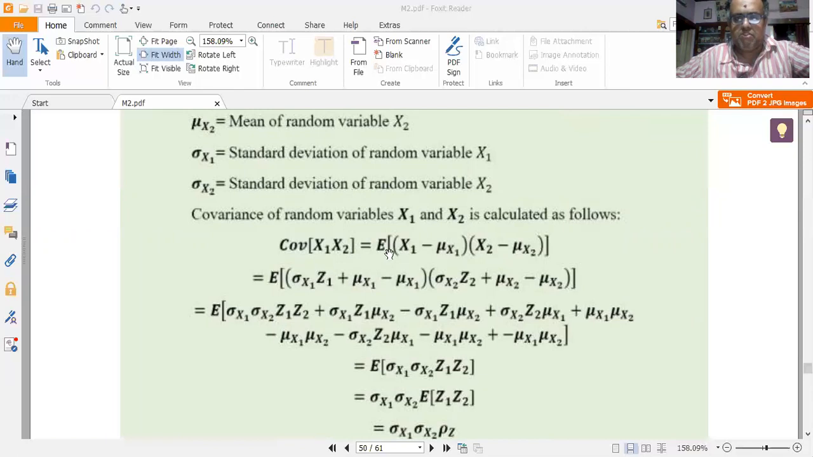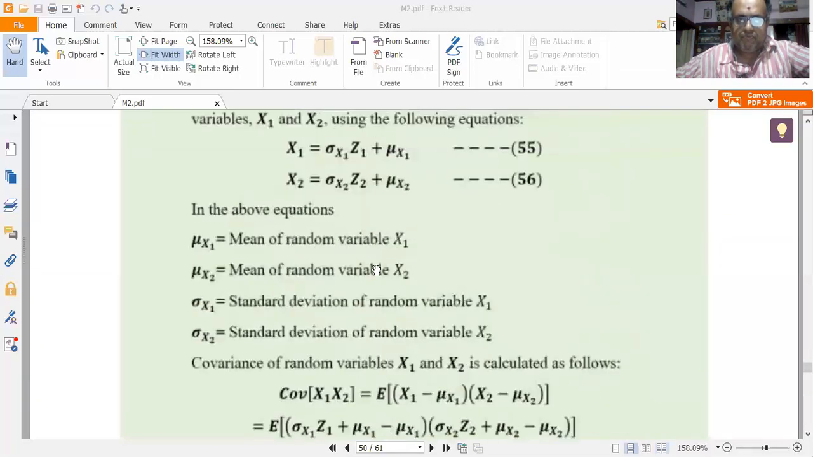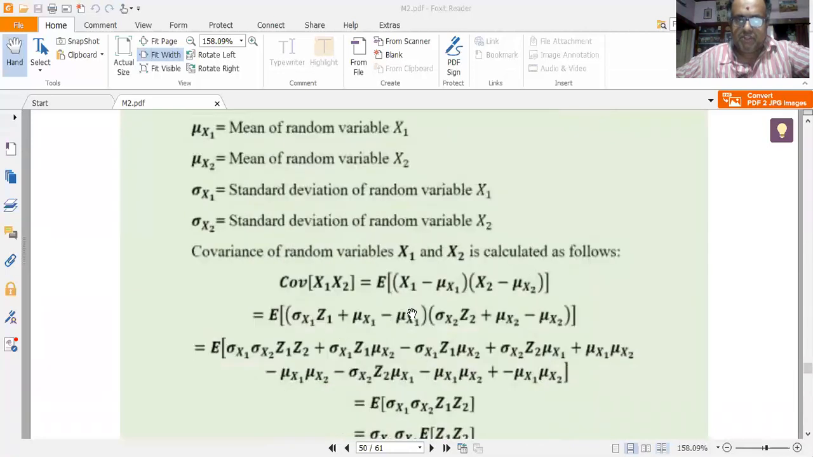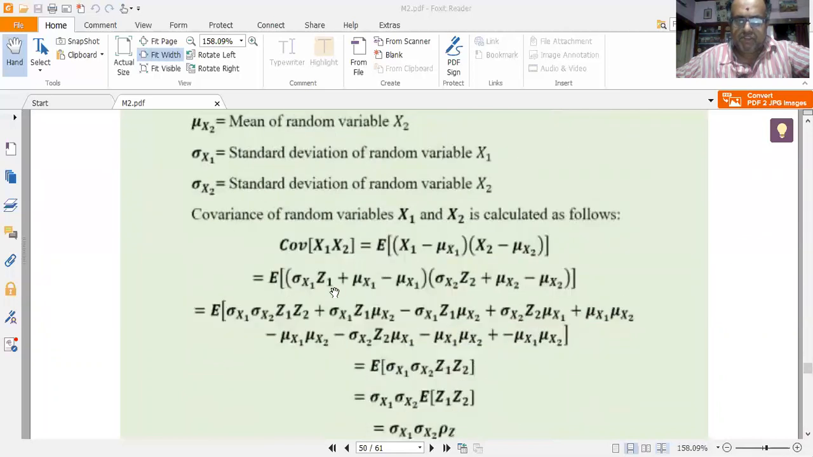Covariance of X1, X2 is equal to E of (X1 minus mu x1) into (X2 minus mu x2). Let me repeat. Covariance of X1, X2 is defined as E of (X1 minus mu x1) into (X2 minus mu x2). This is the standard definition. So this is equal to, now substitute equations 55 and 56 into this equation. If I substitute equations 55 and 56 into this, I get the covariance of X1, X2 to be equal